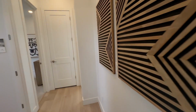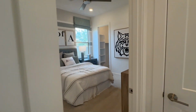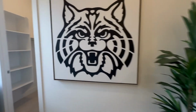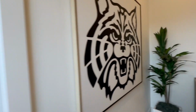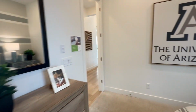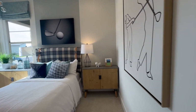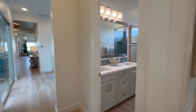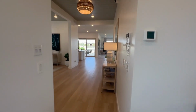As we walk back, we will come across the full bath here and 2 of the bedrooms that are offered on this side of the home. Let's just take a look. And we're going to go out here to look at the other bedroom over here. Nice. Okay, so now we're going to go past this flex room or teen room